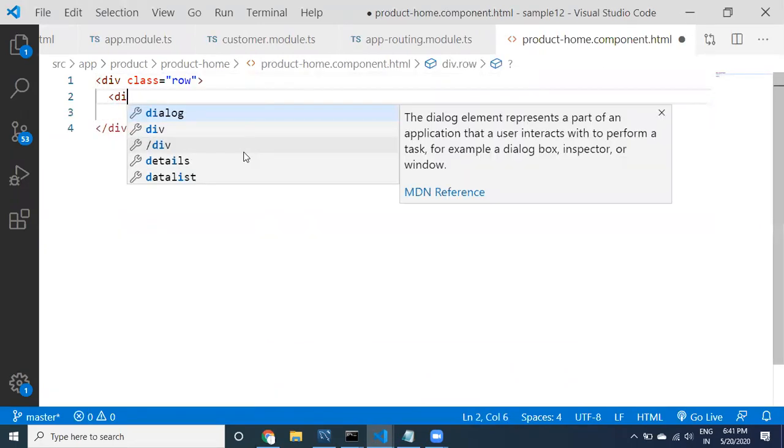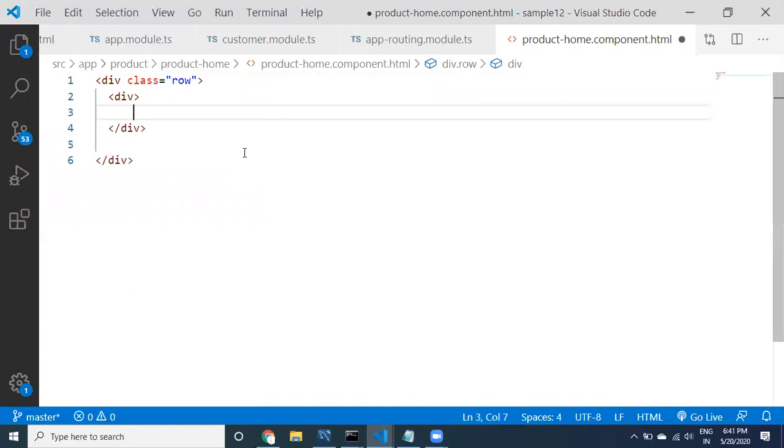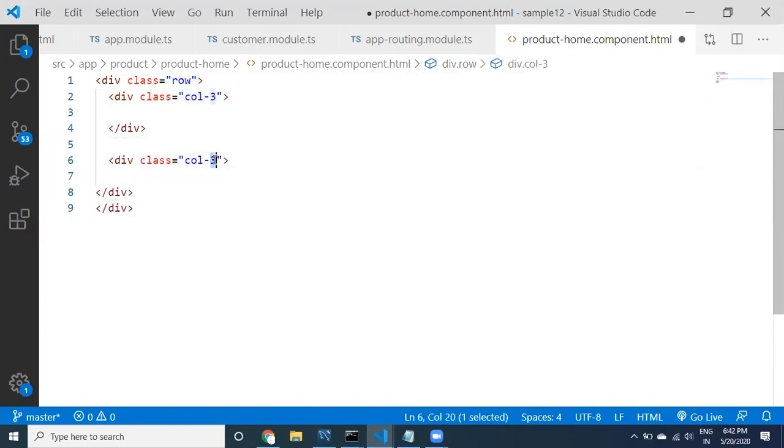Within the row, I want to take columns: column 3, and this is column 9. So you can divide the row into two parts.